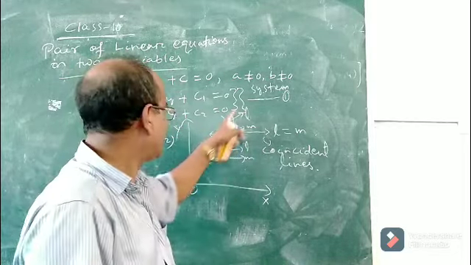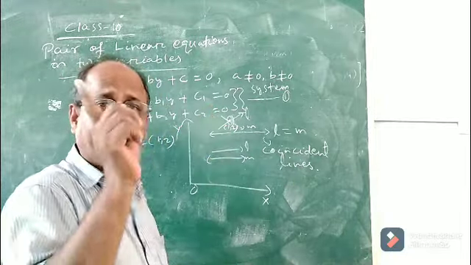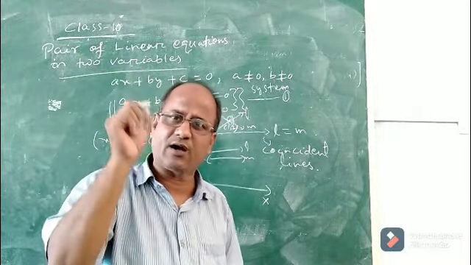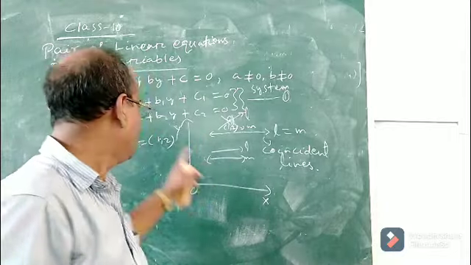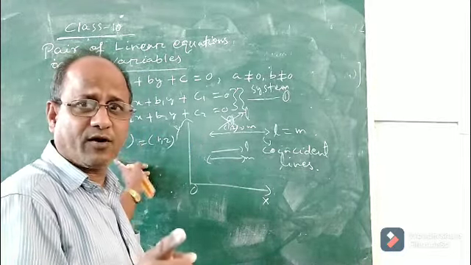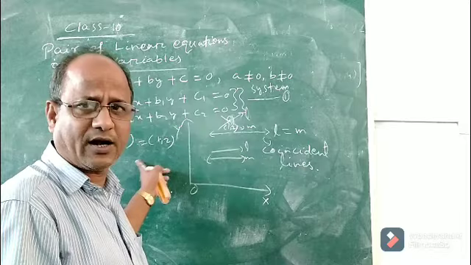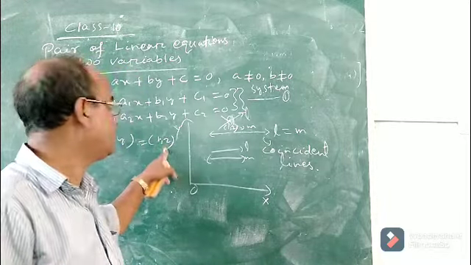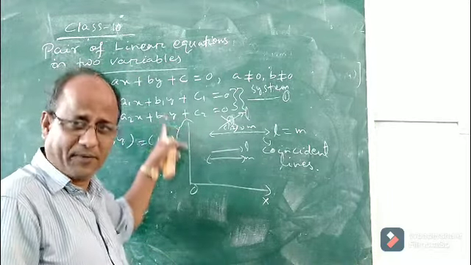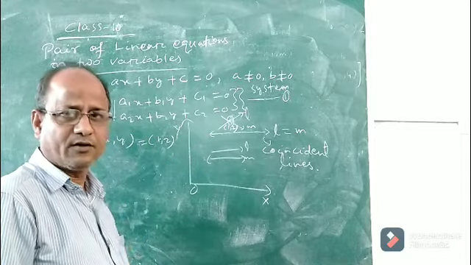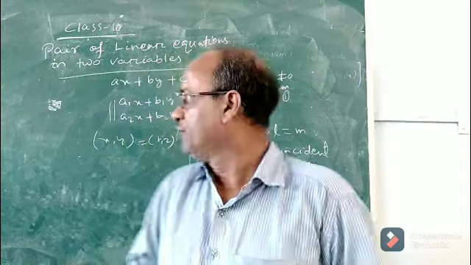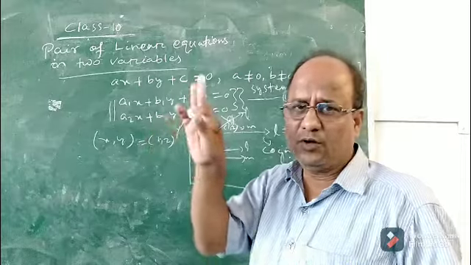So we say that the pair or the system has a unique solution. Unique means one and only one solution, that means only one pair of values for x and y. Suppose x equals 1 and y equals 2. It will satisfy both the equations of the pair or the system. Okay. So please remember, children, by drawing graphs of the equations you are given.